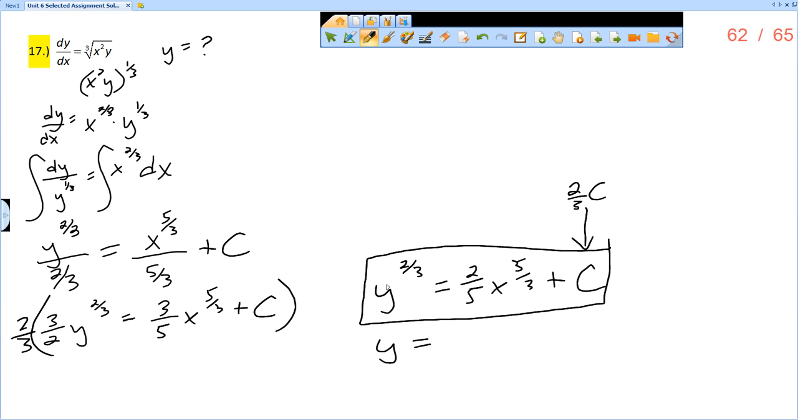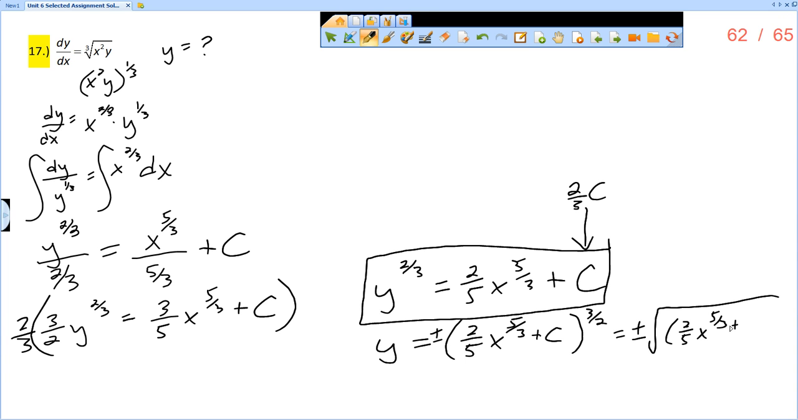But you could also have an explicit solution by getting rid of the 2/3 power, and that would be by raising both sides to the 3/2 power. So I would have 2/5 x to the 5/3 plus c, raised to the 3/2 power. Now, remember, if I raise to the 3/2 power, that's really the square root of cubed. And so I would have to include a plus or minus on the outside. Depending on the initial condition, we would have to select one of the plus or minuses. So remember, this really means plus or minus the square root of 2/5 x to the 5/3 plus c, cubed. So important to keep that